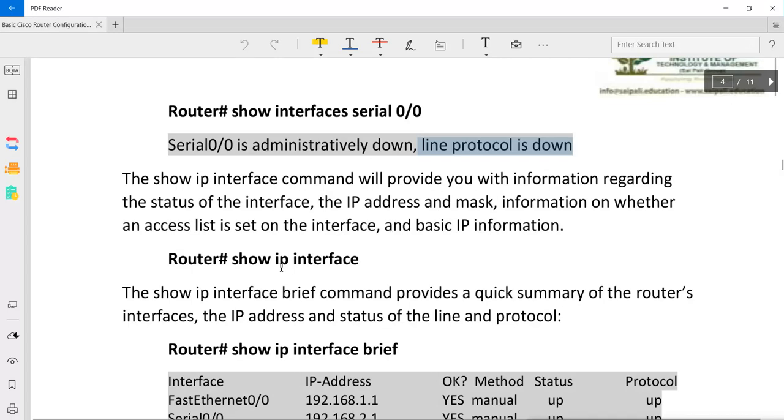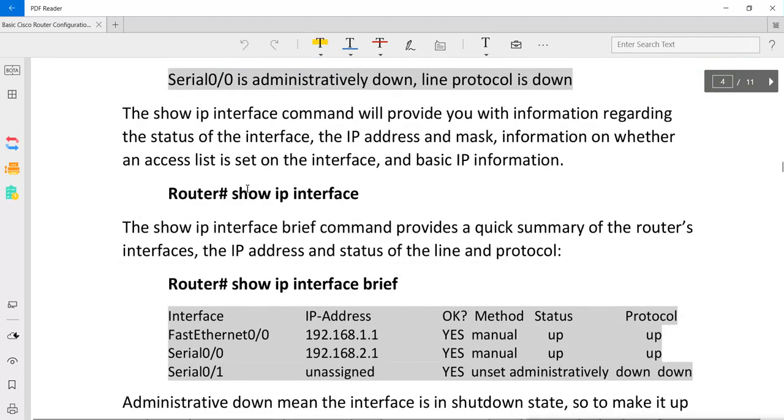That means when you use this show ip interface command, previously I used the show interface command. Now it shows the information about the interface. Now when you use show ip interface, then it will show you the information regarding the IP on the interface.